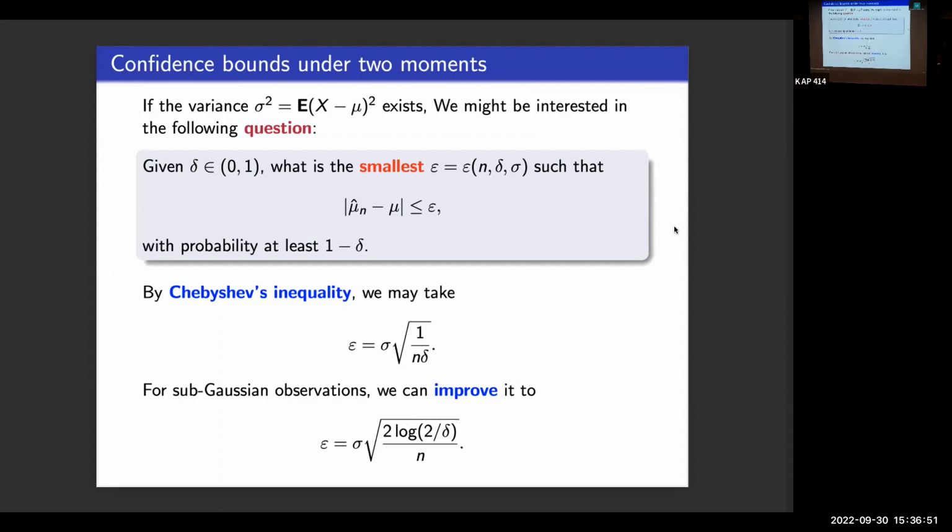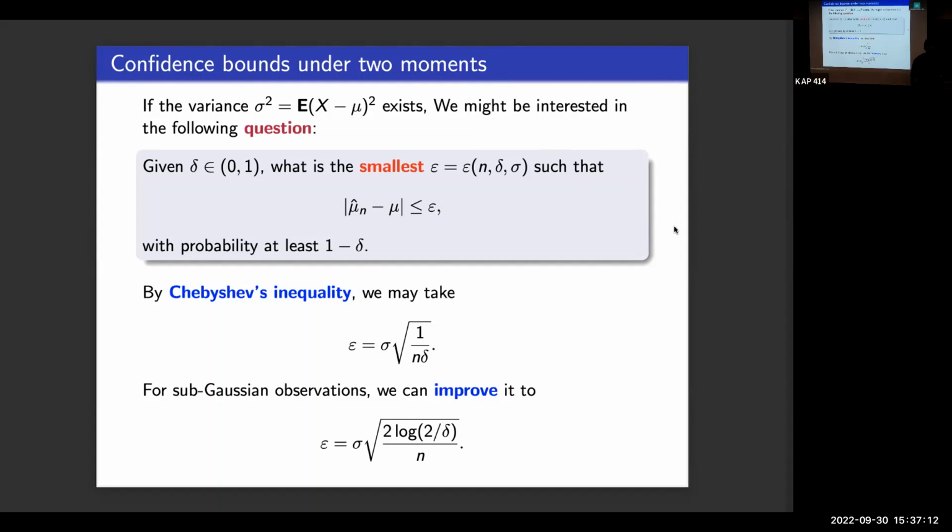That's why there's been a lot of work trying to come up with new estimators, not the empirical mean, that could reach something similar to the sub-Gaussian. So what we call sub-Gaussian deviations are estimators that would give us something that looks like a Gaussian confidence interval, even if the data is not necessarily Gaussian.